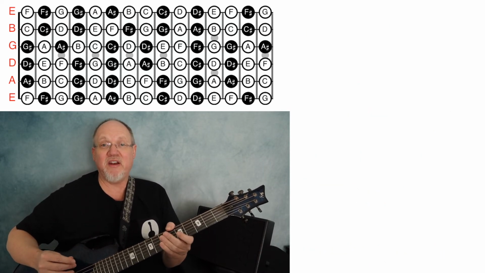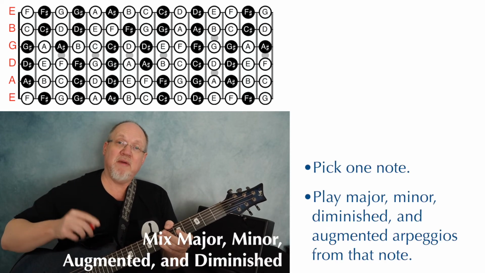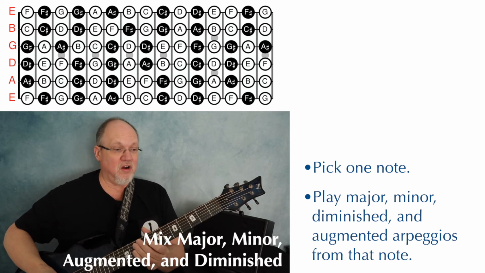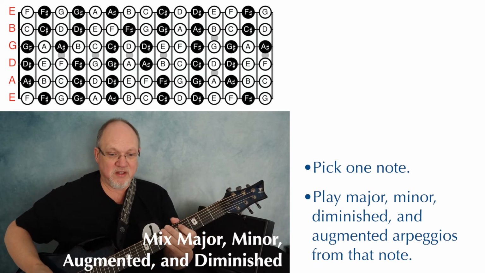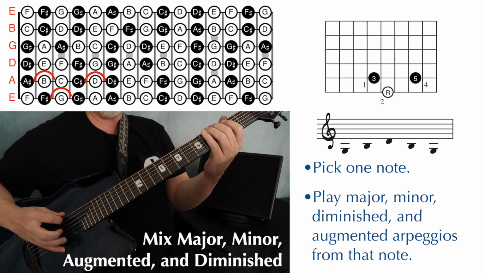And the latest and greatest way to practice arpeggios, which you learned in Module 18, is to mix up your major, minor, diminished, and now augmented arpeggios. So start on one particular note. Let's just pick the G again. And I'm going to start on low G. I can play major arpeggios,